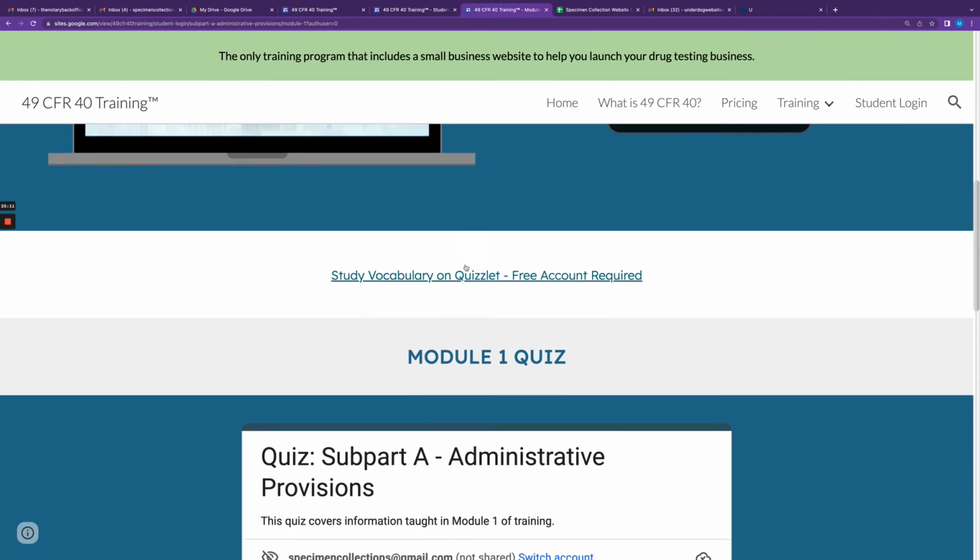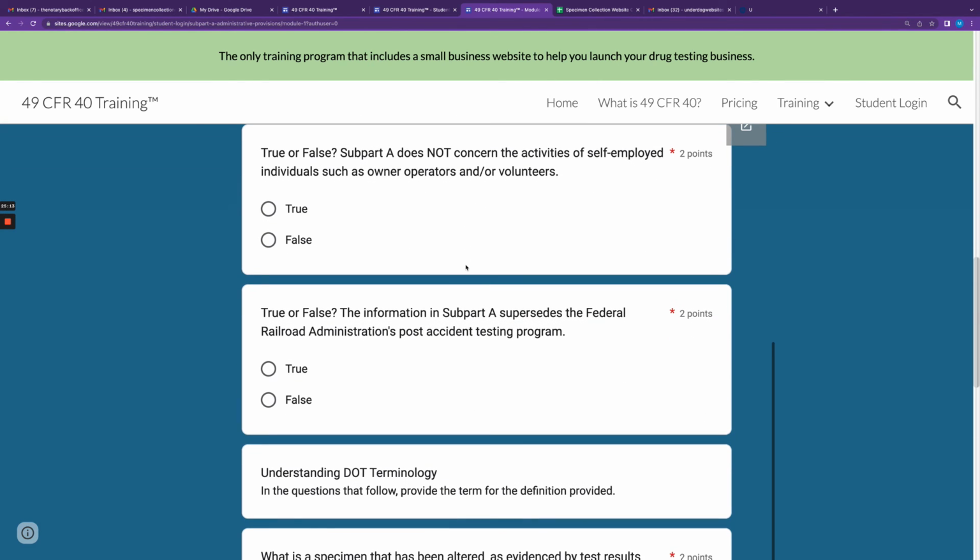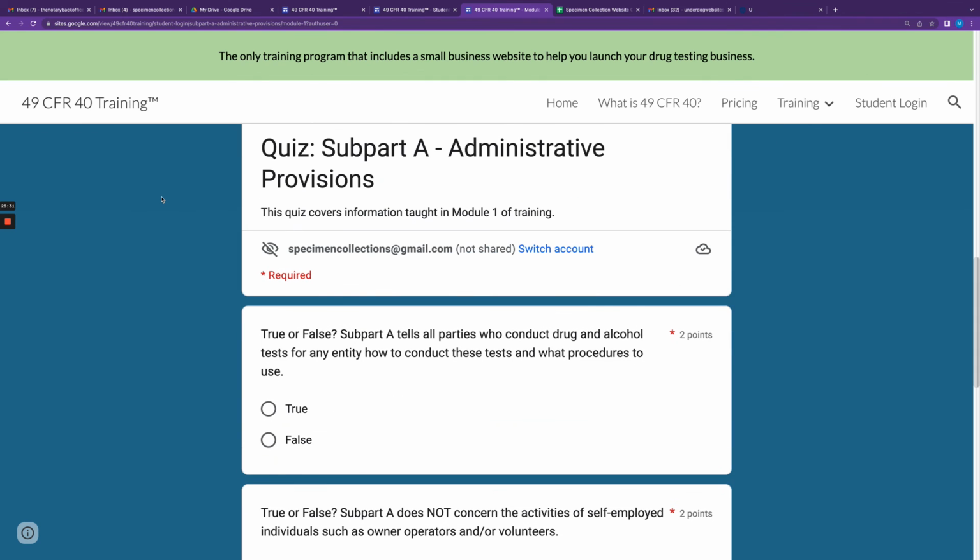So that's how that will look, and they will be able to expect that same format for each of the 18 lessons. And then once they're done, there'll be a final exam, and that final exam will determine whether or not they are complete or done with the program, right? They'll have to pass it. And although the Department of Transportation does not, you can't get certified to do DOT tests, the companies like yourself, if you own one of these websites, will need to provide the student some type of a certificate of completion. Do not mistake that with a certification. That's not the same.